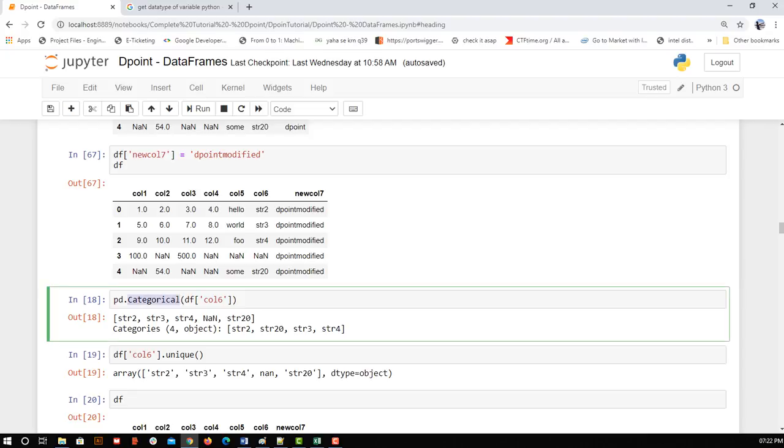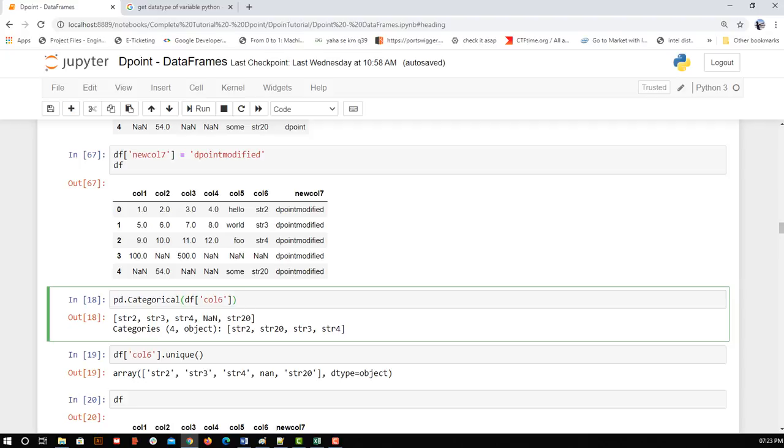Here, as we have seen in the previous video how to get different functions, in this complete video we are trying to get every possible piece of information about the dataset. So, categorical. What does categorical say? If I try to see df col6, here you can see col6 has multiple values. If I try to filter based on what are the available categories or unique values, I can say, but there is a difference between unique and categorical, so you go and Google it. That will be useful when we are trying to apply categories, or we can say filters, while doing fetch operations, or while applying new modifications, that is updating them.